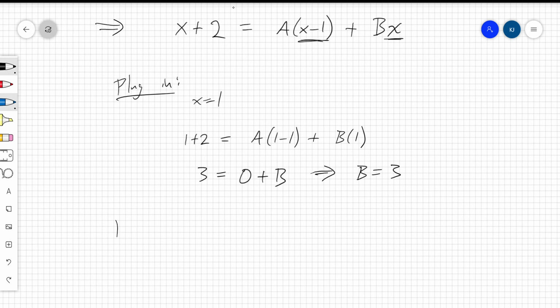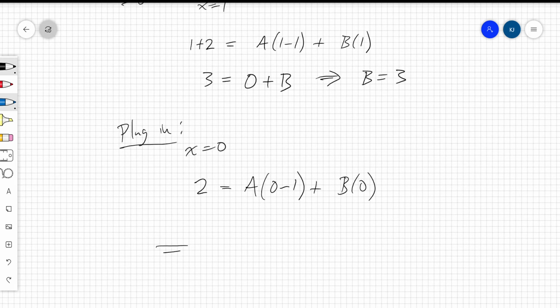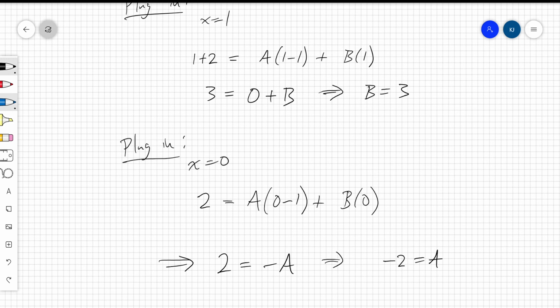We can also plug in the other root. So I would plug in x equals 0. That means that the left side is going to be 2, and the right side is going to be a times 0 minus 1 plus b times 0. And that right side simplifies to be negative a. So that means that 2 is equal to negative a, which means that if you multiply both sides by minus 1, negative 2 equals a. So we now know that a is negative 2 and b is 3,